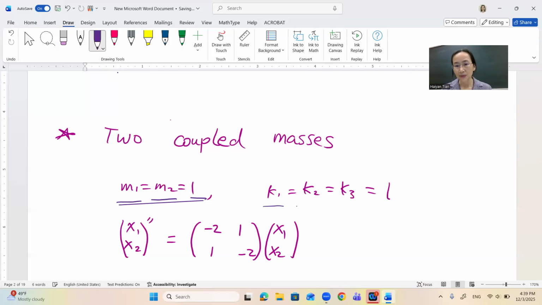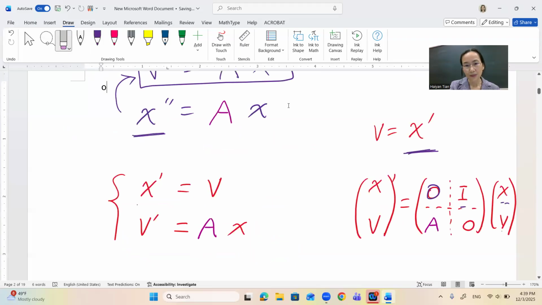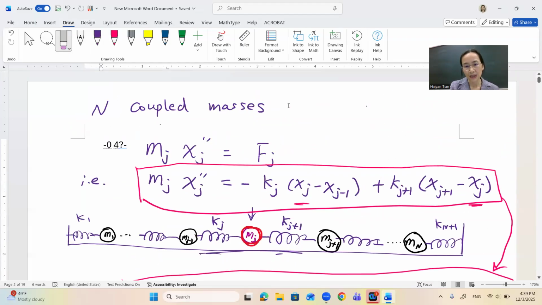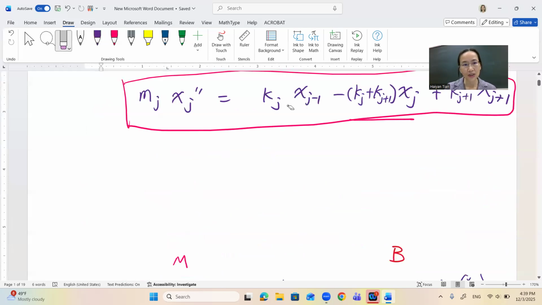And the three springs have the same spring constant, also one. They all have the same stiffness. So in that system, if we go back to look at the picture, you can quickly see that, as a result,